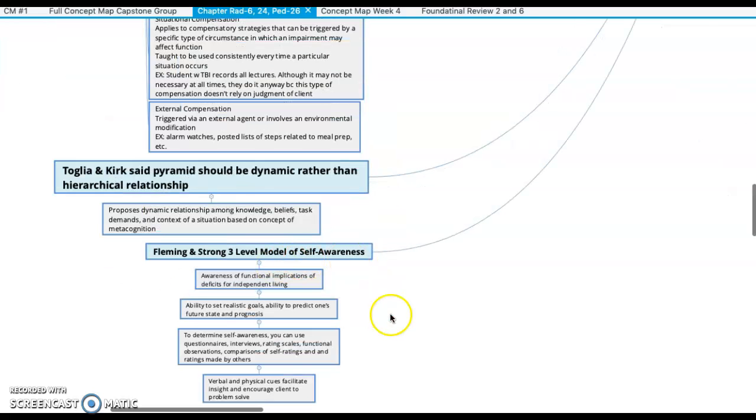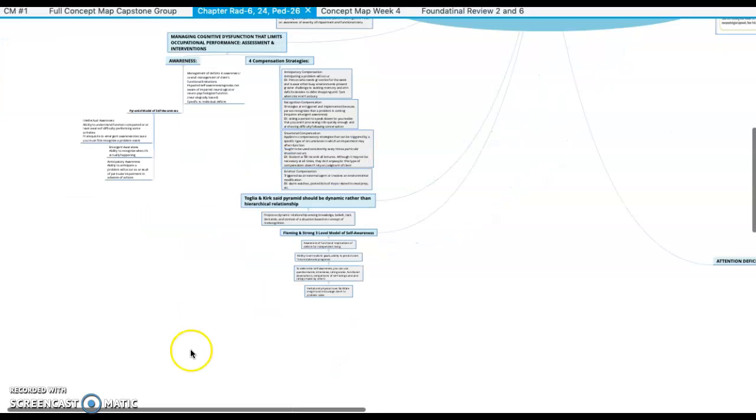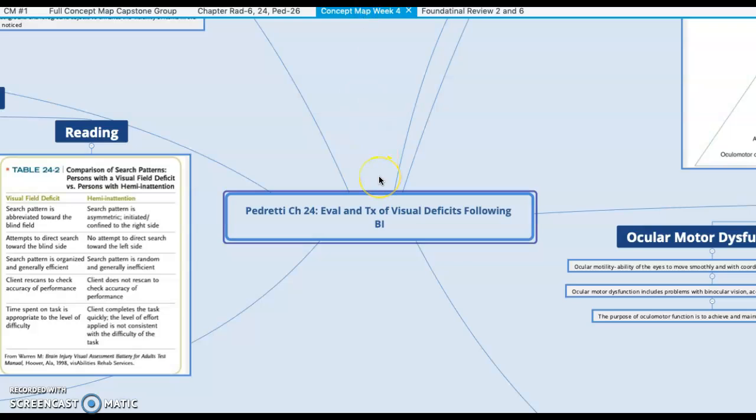We'll look more into that using this concept map. Basically, it's to determine self-awareness. You can use questionnaires, interviews, rating scales, functional observations, comparison of self-ratings, and ratings made by others. So we'll look into that. And then